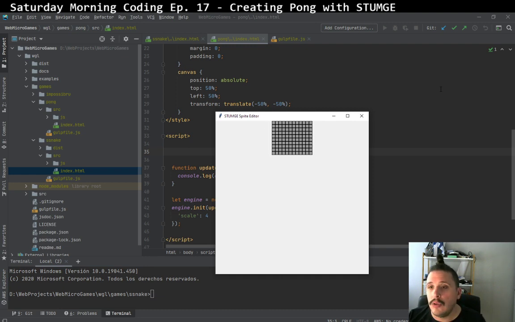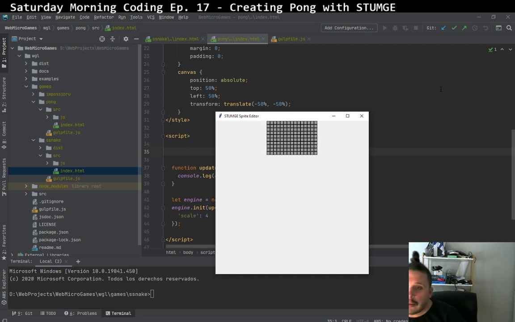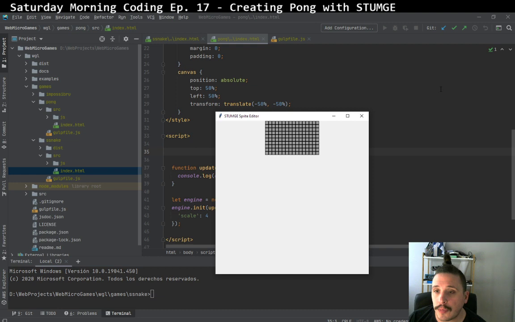I'm going to create first how it should look, the right palette, because we are going to create a clone of